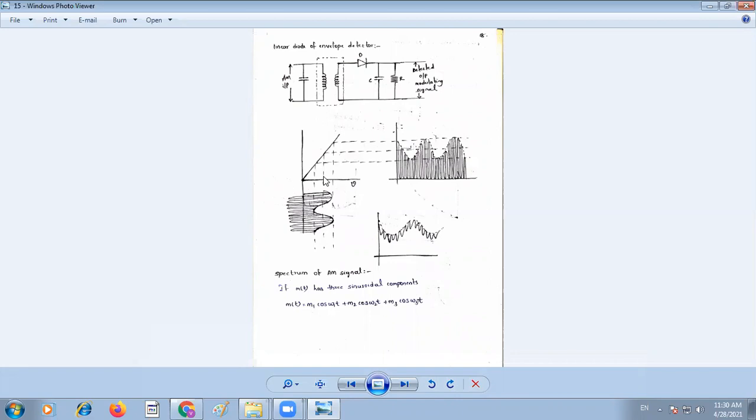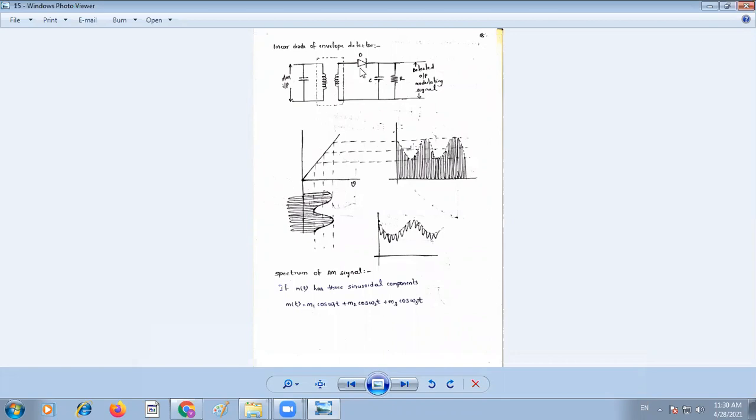Now the positive signal has a positive peak and a negative peak, and this is the reference, the dotted line you can observe. Using this reference, there is a signal with positive peak and negative peak, and the modulating signal is extracted.